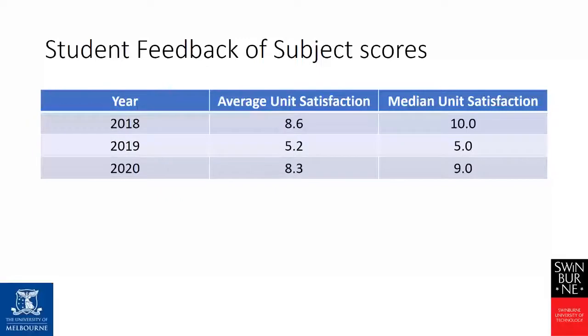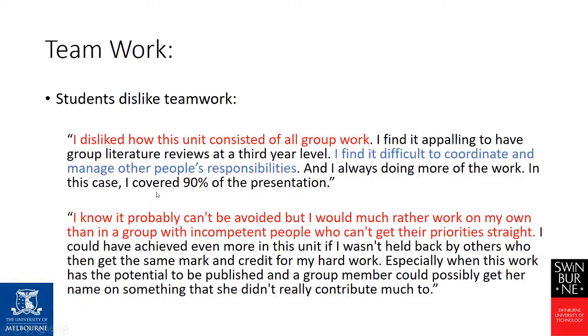As we can see from the quantitative student feedback scores, in the years 2018 and 2020, the students gave the subject outstanding feedback scores. I can't tell you what happened in 2019 as none of the authors on this abstract were involved in the subject at that time. Several key themes have emerged from the qualitative feedback. One is that students hate teamwork. This feedback is from 2018 and it is evident from the students' comments that more effort and emphasis needs to be placed on training students for teamwork and managing team dynamics. Something that I am sure we can all relate to in our real work life.